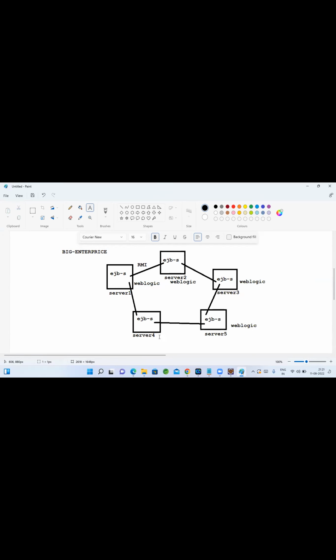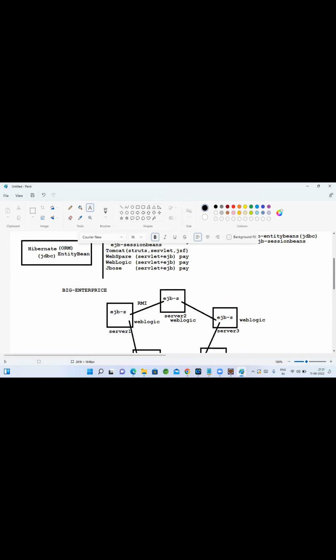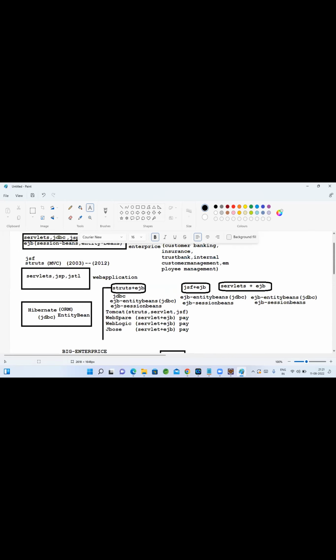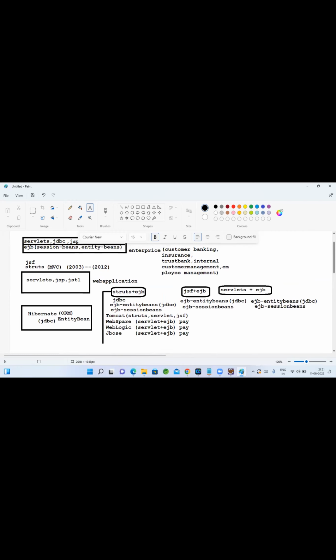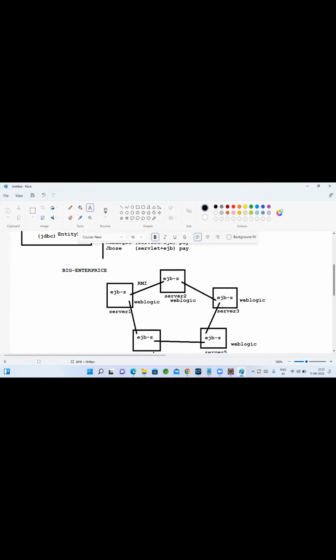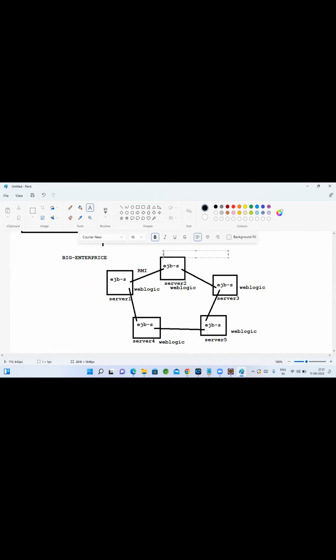So were there any other concepts that came into the market to build applications on multiple servers and distribute our load? Web services came into the market, open source web services. Using web services, you can overcome this problem.